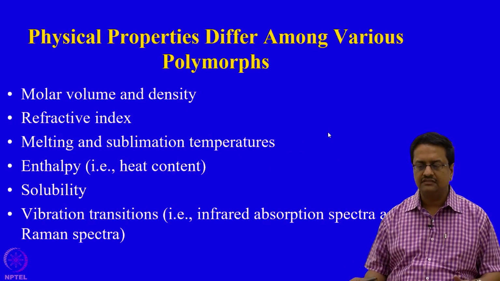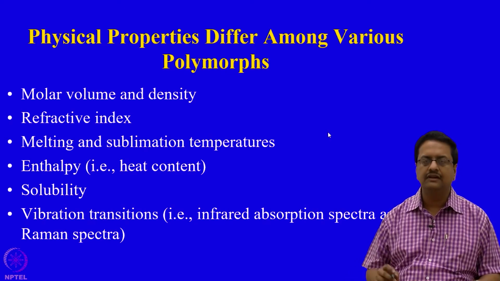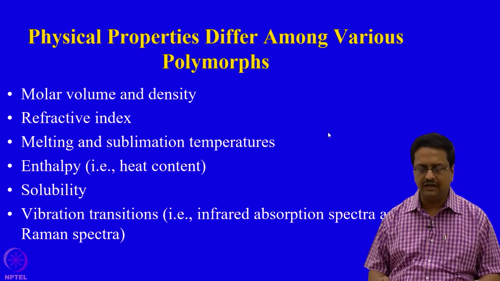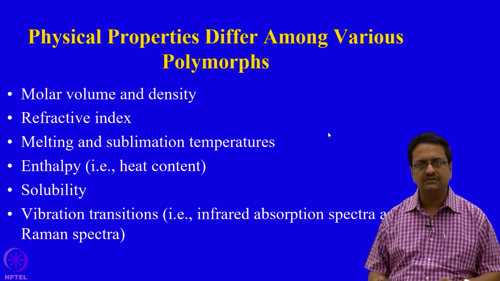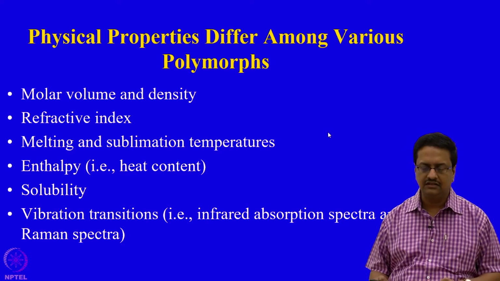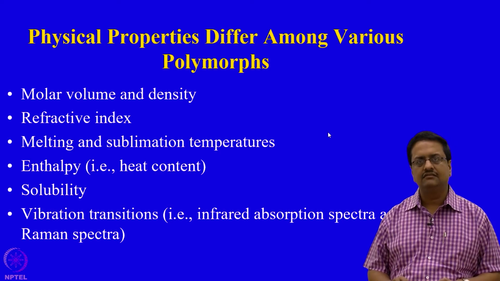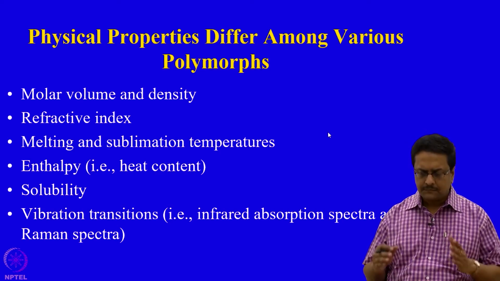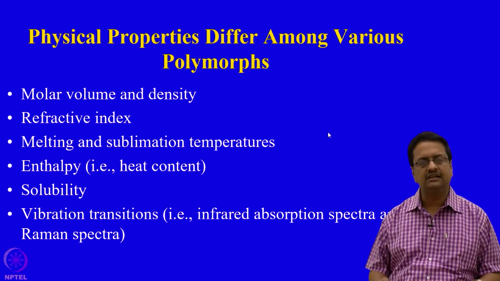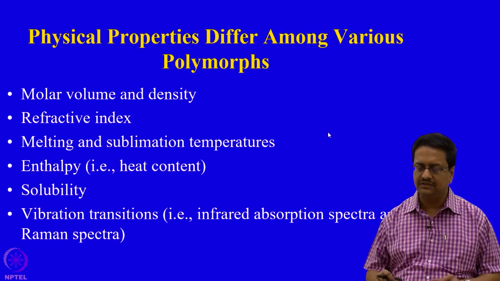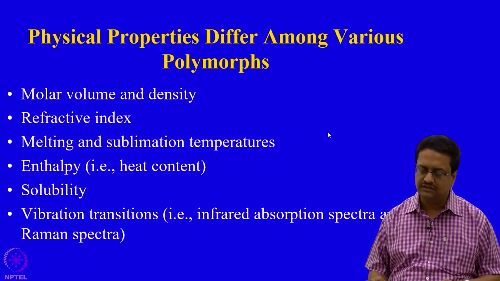So, physical properties differ among various polymorphs. The molar volume and density may be different. The refractive index, melting point and sublimation temperatures may be different. The enthalpies of those solid crystalline forms will be different. The solubility of those different crystal structures in a given solvent may be different. And of course, some vibrational transitions, like infrared absorption spectroscopy and Raman spectra, may be different for those different crystal